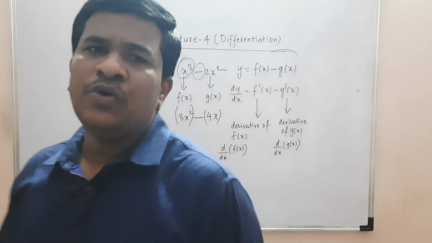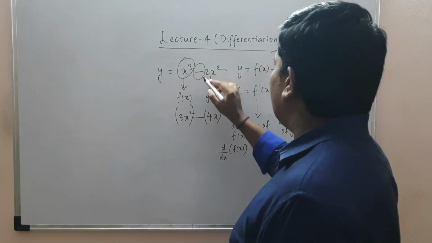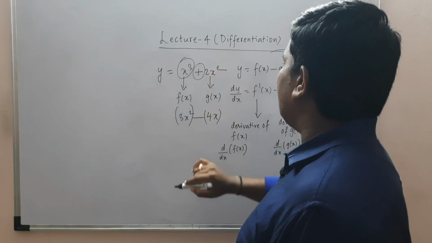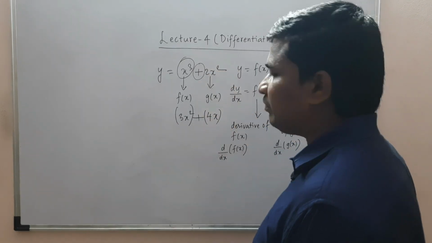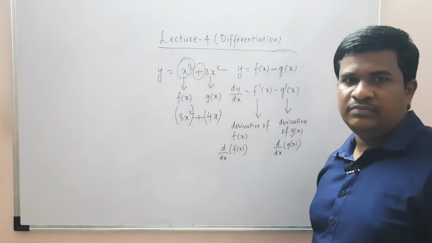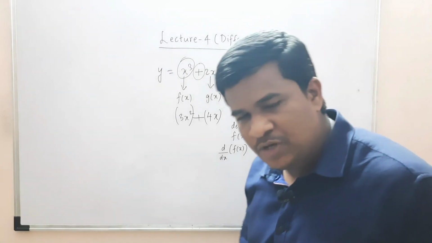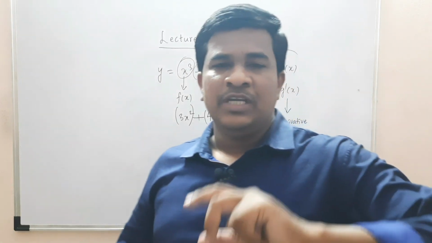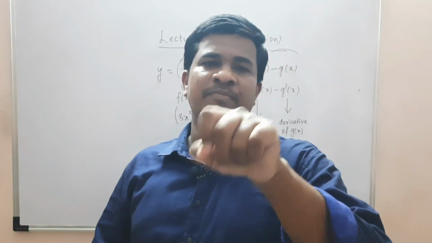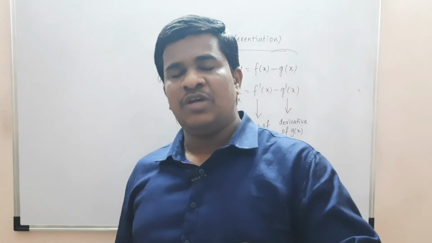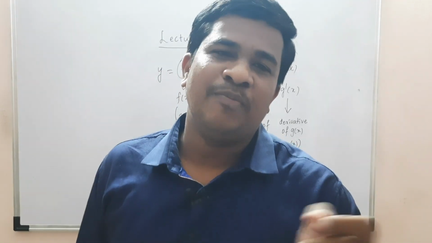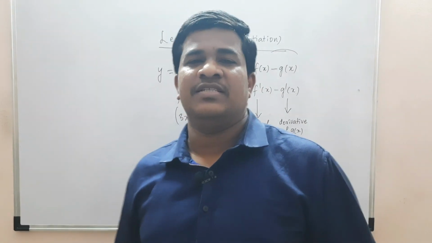And what would you do here? If you had a plus sign, you would have proceeded with plus, obviously. Without changing the sign in between them, you are proceeding. So you are just writing the respective derivatives of the two functions, and you are proceeding with the sign in between them. If you have plus, you proceed with plus. If you have minus, you proceed with minus, right?